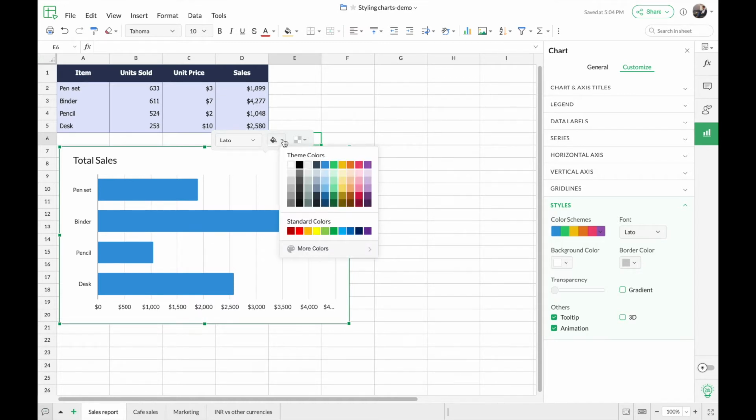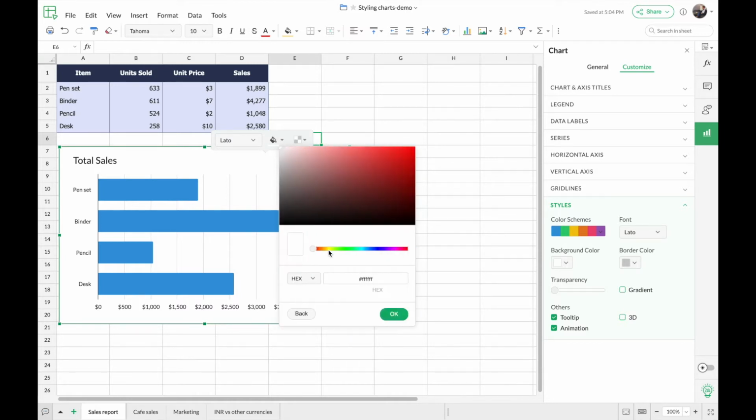So here you can see the default color palette provided by Zoho Sheet. And if you do not find your desired color in this palette, you can choose more colors. And here you can either choose the desired color, or if you have a specific color code for your brand or the dashboard that you're creating, you can give a customized color code as well. So here I'm giving a color code and click on OK.